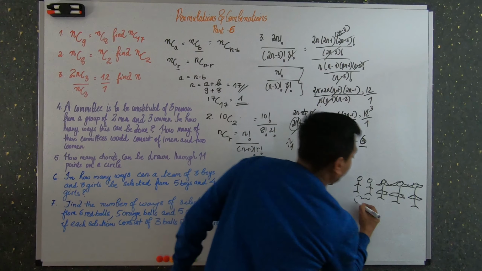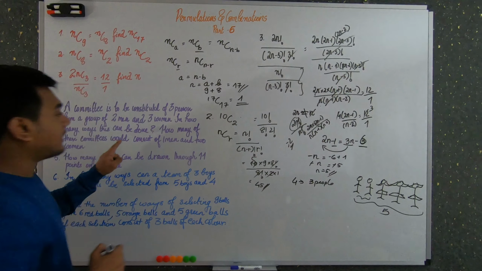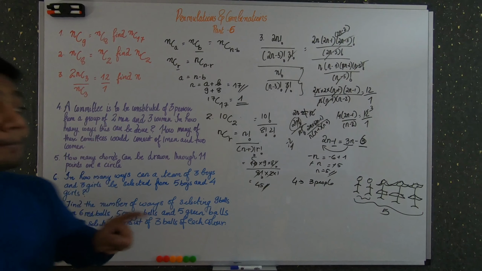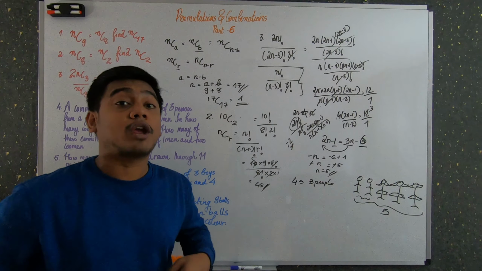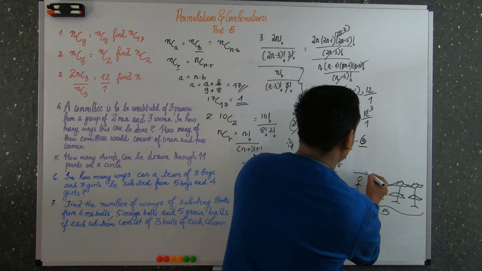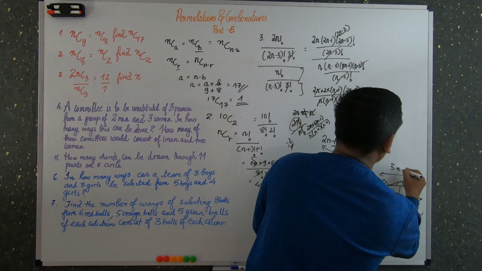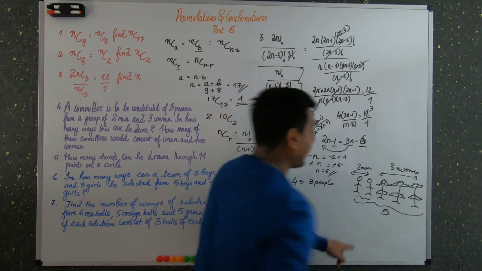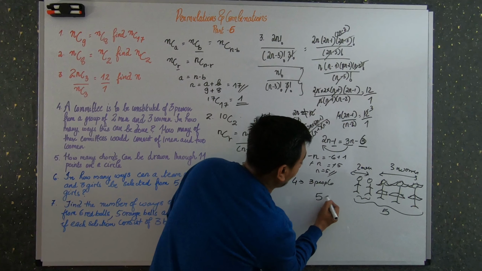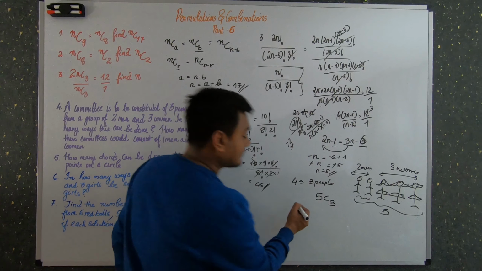So in total, how many members do you have? You have 5 members. And what is the question asked? In how many ways can this be done? The first question is, how many possible combinations can you make out of 2 men and 3 women? And from this you have to make the combinations. So in total there are 5 members. Out of that you have to make a combination of 3 people. That's the first question asked. So what is the answer for that?